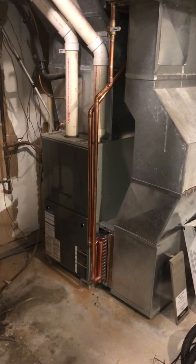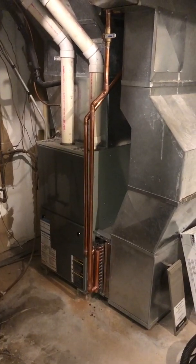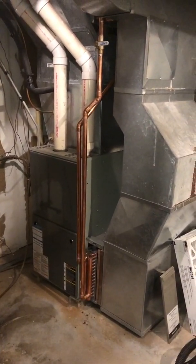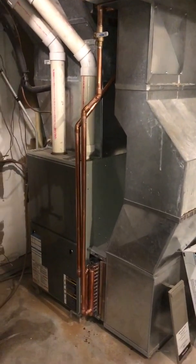Okay, part 5 of my Attack wood gasification boiler with thermal storage install. Thought I'd talk a little bit about how we're getting that hot water to heat the house. And so what I have here is